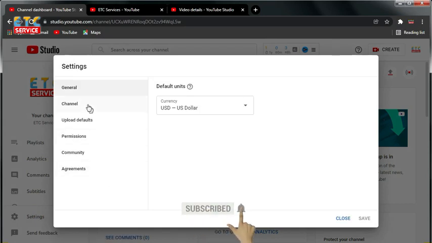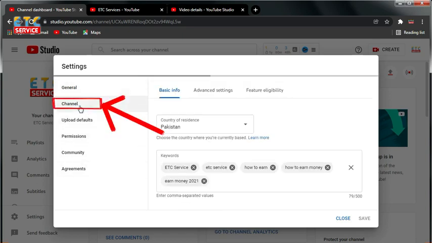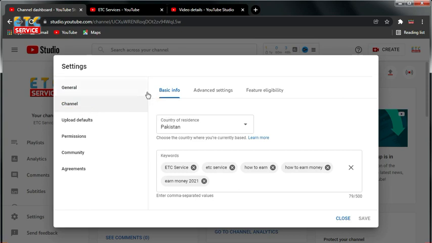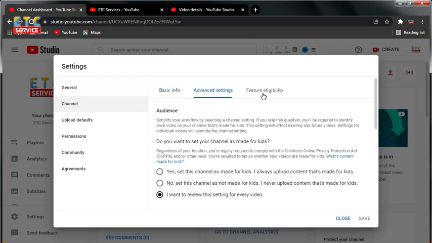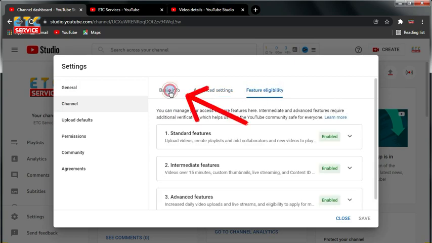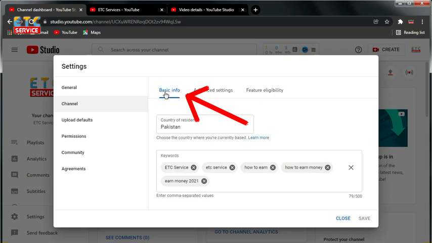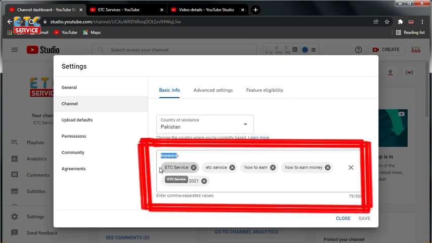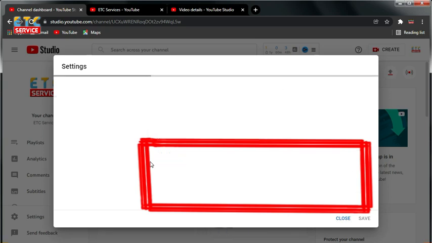Here are the options: General, Channel, Upload defaults, Permissions, and Community agreement. What we need to do is click on the Channel option. Here you can see three options: Basic info, Advanced settings, and Feature eligibility. Click on Basic info, and here you can see the keywords. These are your channel keywords. Here you can see that I already added my channel keywords. My channel name is ETC Services,